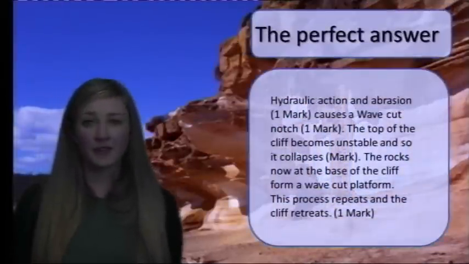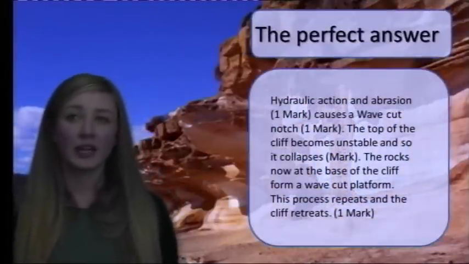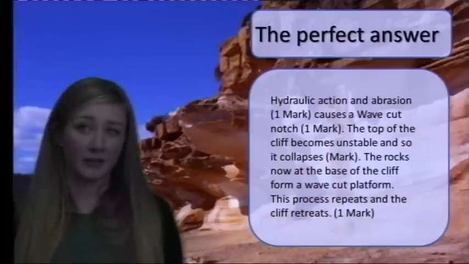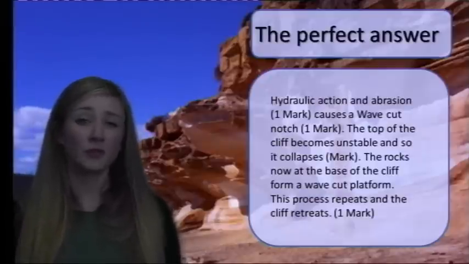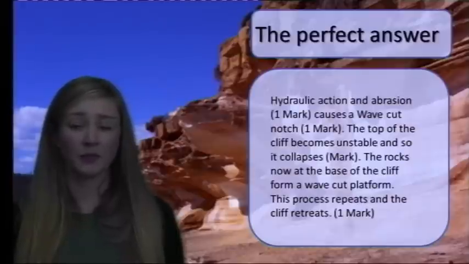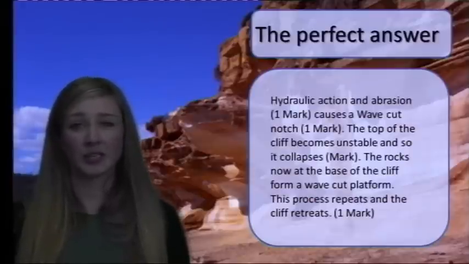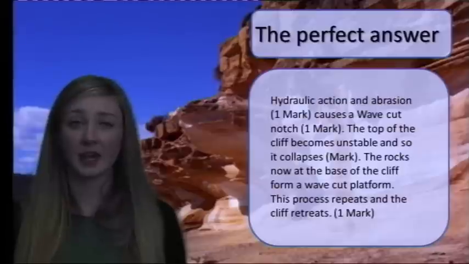Okay then, so for the perfect answer, you need to have mentioned hydraulic action and abrasion is causing the wave-cut notch to happen at the base of the cliff. The top of the cliff is going to become unstable, so it collapses. The rocks at the base of the cliff are going to be removed by the backwash, and it's going to create a wave-cut platform. This process is going to keep repeating itself, and eventually the cliff is going to retreat